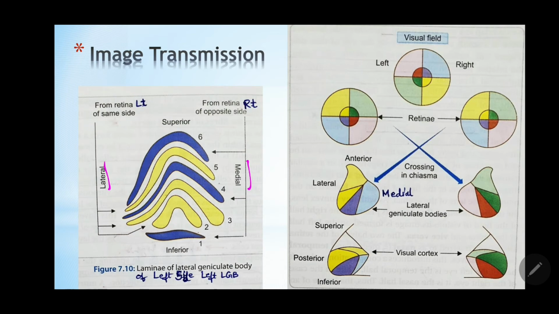Then fibers from the ipsilateral hemiretinae, that is from the temporal hemiretinae of the left eye, will come without being decussated and will relay in the 2nd, 3rd and 5th layer of the lateral geniculate body, the yellow ones, right, and the blue ones will be the sites where the fibers from the opposite eye will come and relay there. Now to remember this, for my convenience, I remember it like a clip